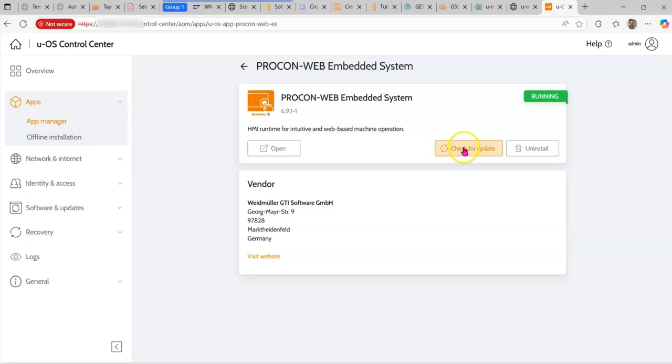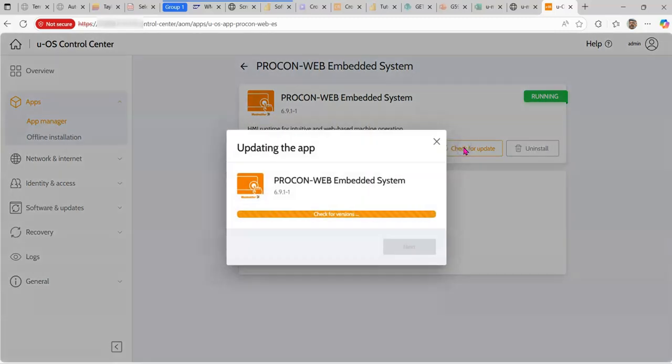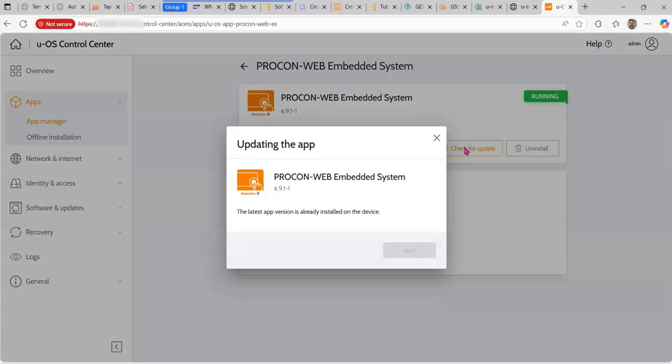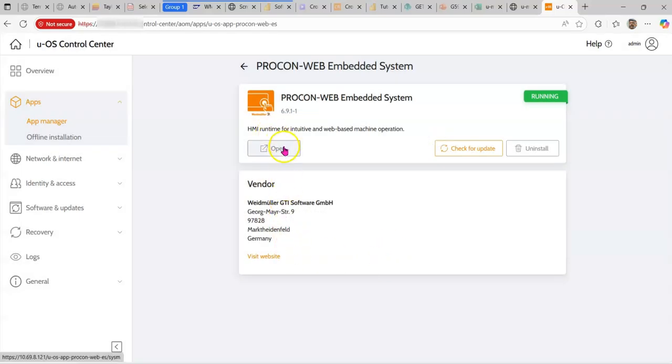And if you want to, at this point, you can go check for updates. As long as the web controller's got access to the public internet, it will check and tell you if there's an update, and there isn't. I'm using the latest version of ProconWeb app 6.911. Okay, so if I go open here,